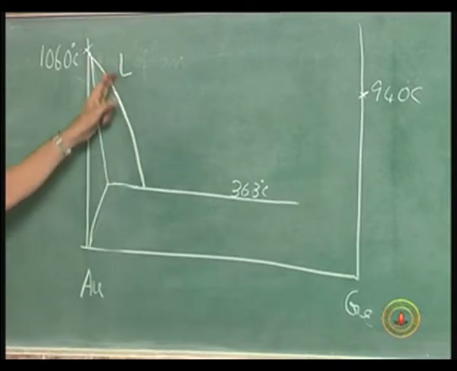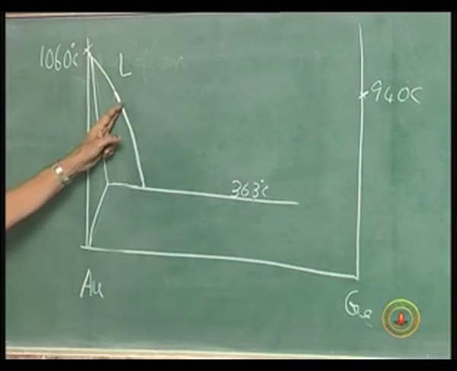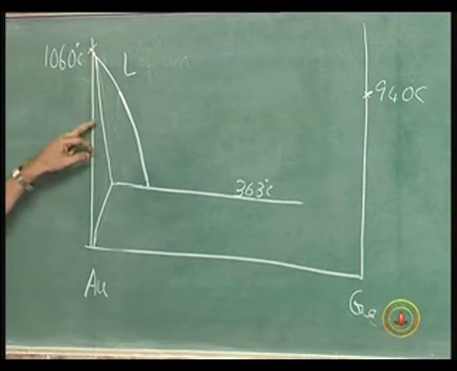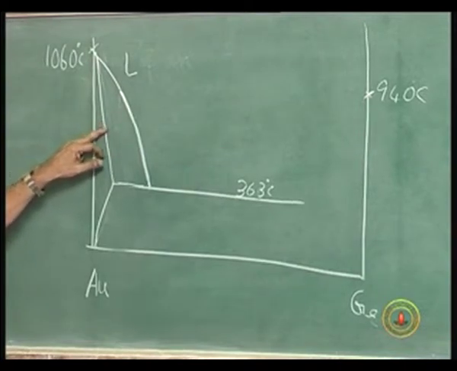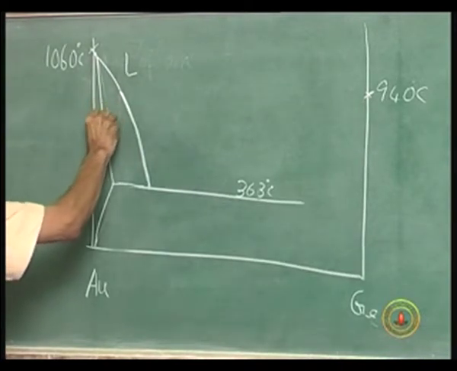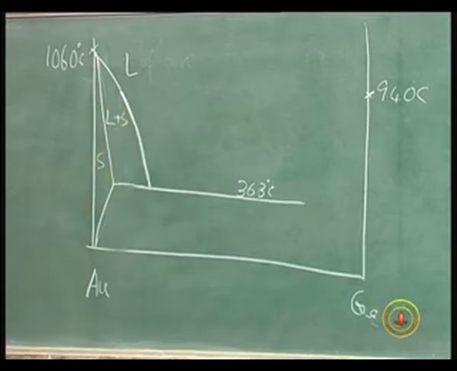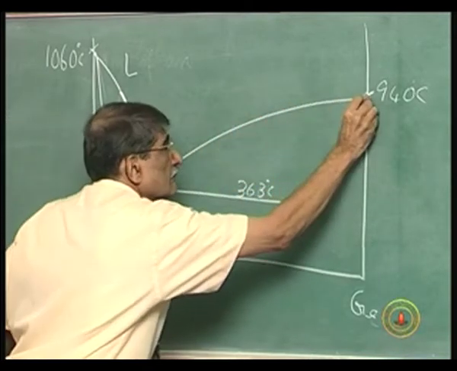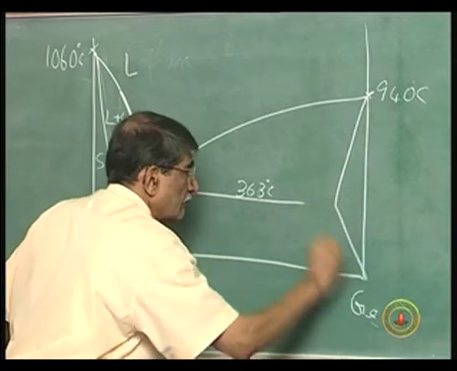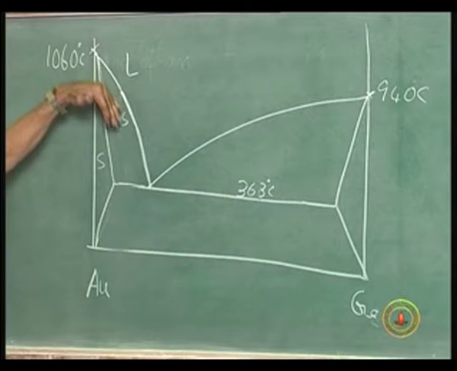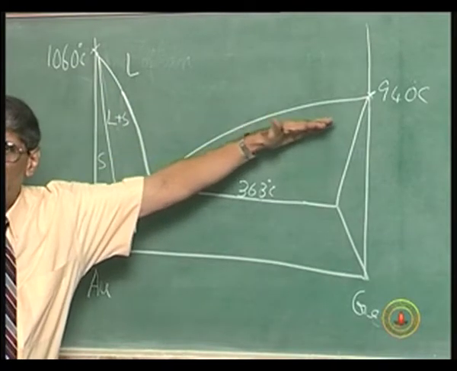When you come down from this side like this, there will be precipitation of solid, and the composition of solid will be given by this curve. Okay, liquid plus solid, and this is solid. Okay, you do not have to worry about that. What I am focusing on is this point. From there, this is liquid. In the sense, whatever composition is there,